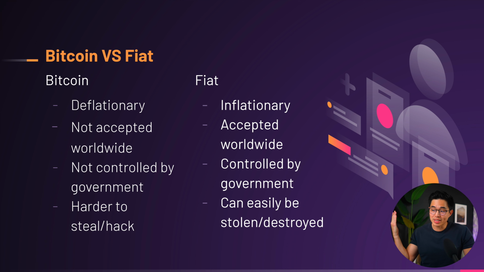Second, Bitcoin loses out to fiat currencies at the moment because it isn't as accepted around the world as a medium. Third, Bitcoin is not controlled by any government, meaning it cannot be corrupted, unlike fiat currencies that are backed by that government. Lastly, Bitcoin is hard to steal because it's secured on the blockchain, meaning you wouldn't be able to hack into the blockchain unless you had over 51% of the computing power, compared to fiat, which you can steal from someone quite easily.